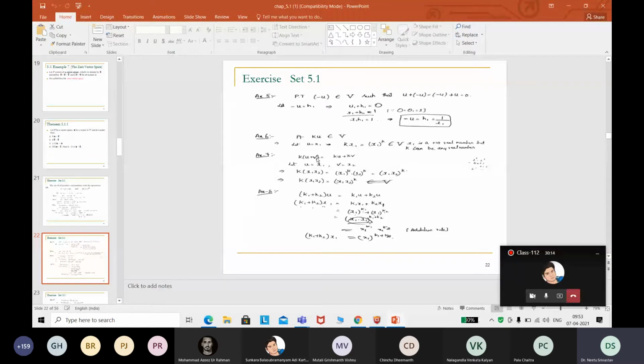Now let us check whether it is a vector space or not: k into u plus v. Here you have to apply scalar multiplication because the scalar is appearing as a multiple of u plus v. So k into u plus v is equal to ku plus kv. Just add it. What are you getting? Check once and tell me the answer. Quickly check all scalar multiplications. There are 10 conditions, right?